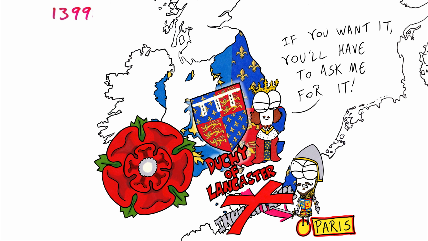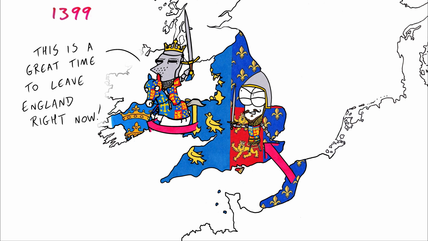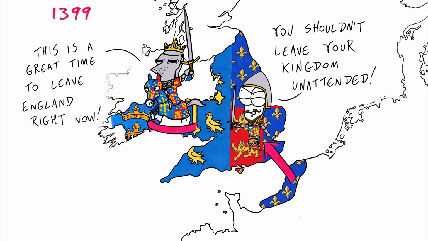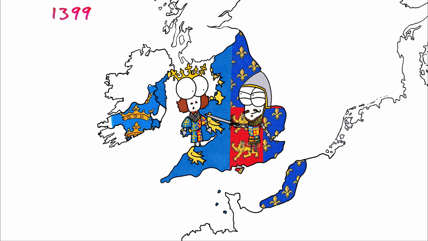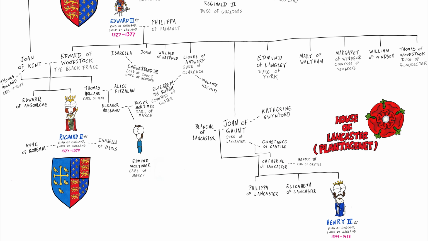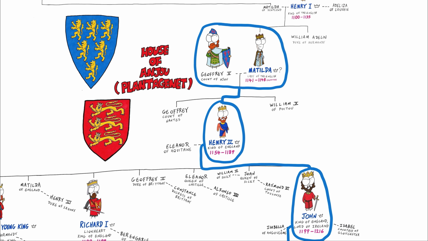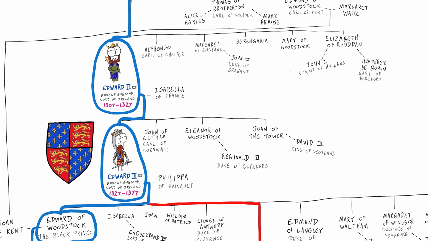Henry was not impressed. Richard travelled with most of his loyal supporters on another expedition to Ireland. No English monarch would travel to Ireland for another 300 years. While Richard was away, Henry returned to England, meeting little resistance and gaining loads of support from those wronged by King Richard. When Richard returned through Wales, he was confronted by Henry and quickly surrendered to him. He was taken back to London, where he gave up the crown to his cousin Henry, even though Henry wasn't even next in line. Richard II would be the last king of the Plantagenet House of Anjou.